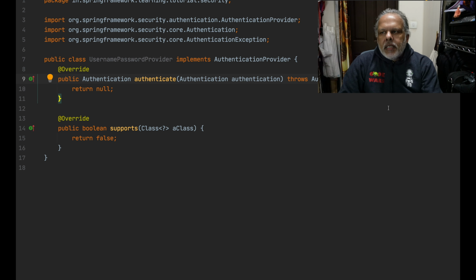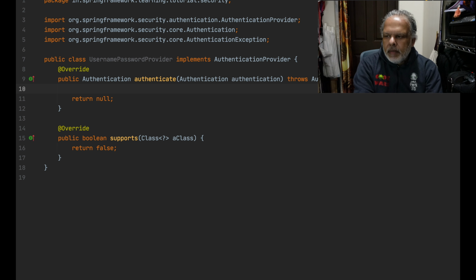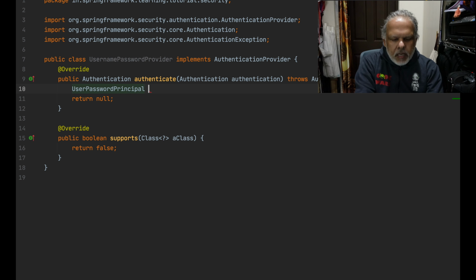Now in our case what we have said is that we were going to send a username authentication provider for this particular purpose. So let's define it here. So UsernamePasswordPrincipal is equal to